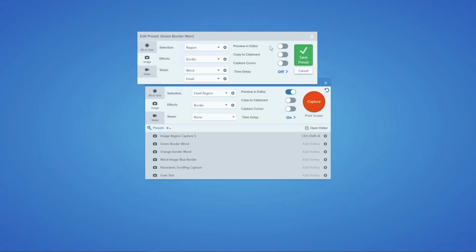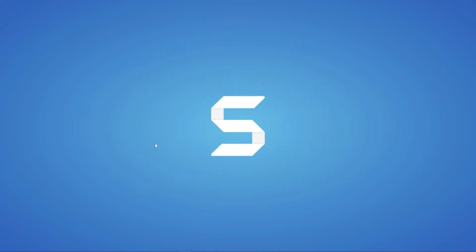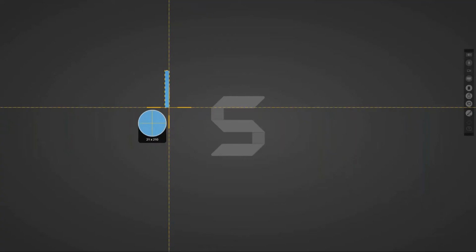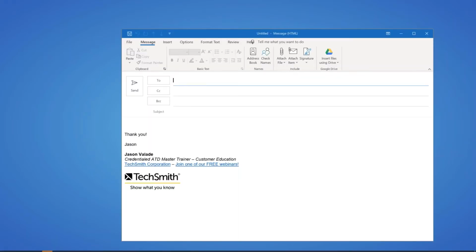In the editors, you may annotate the image or make some edits to it. But if I'm doing just quick captures, basic capture types that don't require any sort of editing, I can speed up my entire process by bypassing the editor and just sending it right to where I want. So for example, if I do this capture type, we'll do something simple like capturing the logo here on my screen. As soon as I let go, Snagit's already captured it, and it's already sending it to Word and to